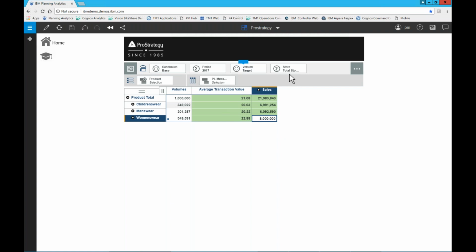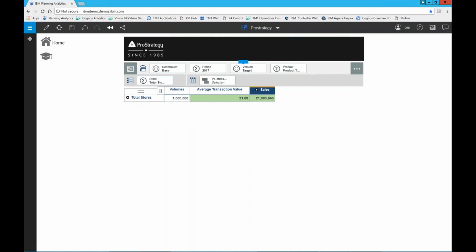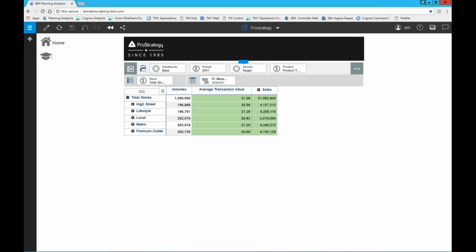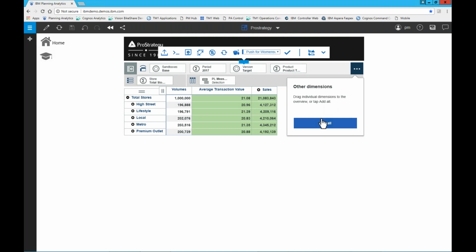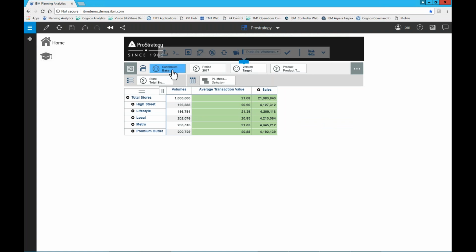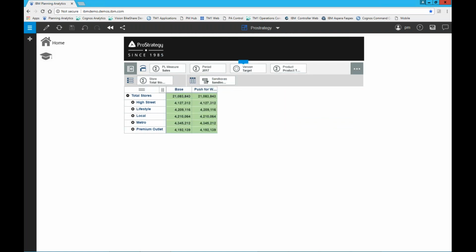And if I want to, I can look at this in lots of different ways. I could maybe see the impacts on stores, for example, on the sales. I might decide, well, I've created this scenario, I'd like to be able to compare that to the base. And by clicking on this ellipsis, in fact, it was already on there. If I just drop the sandbox into the columns, I can now see that